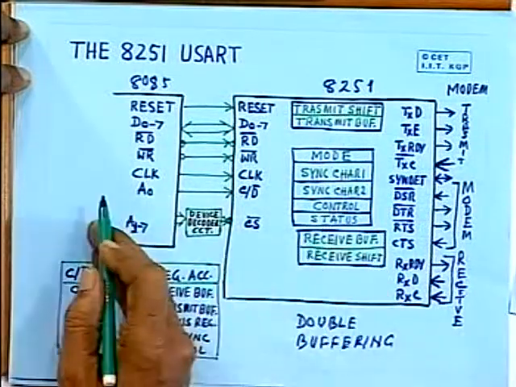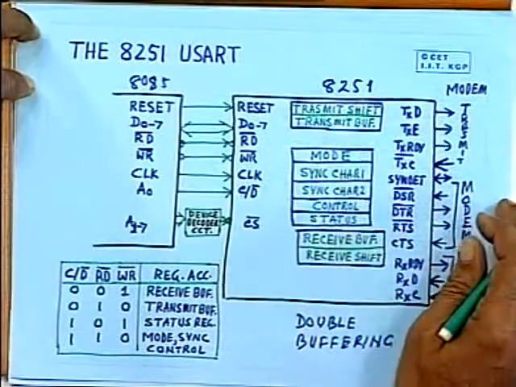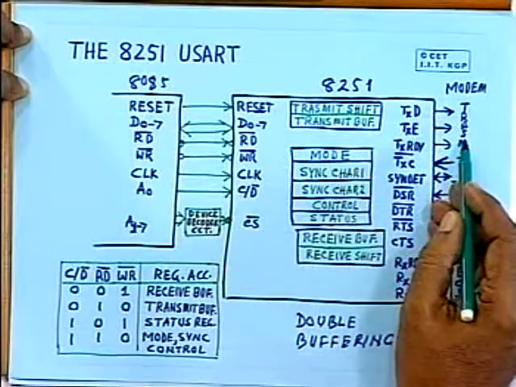This is how the communication can be done without much load on the microprocessor, and the 8251 will take care of the framing, serial mode of transmission, and so on. So friends, we have seen how this programmable peripheral device can help you in implementing the serial mode of data transfer and implementing the RS-232C port, which is very useful not only for interfacing the microprocessor to a modem, but for interfacing the microprocessor with different types of peripherals like printer, plotter, and so on. And not only that, you can also use it to connect two computers with the help of a null modem.